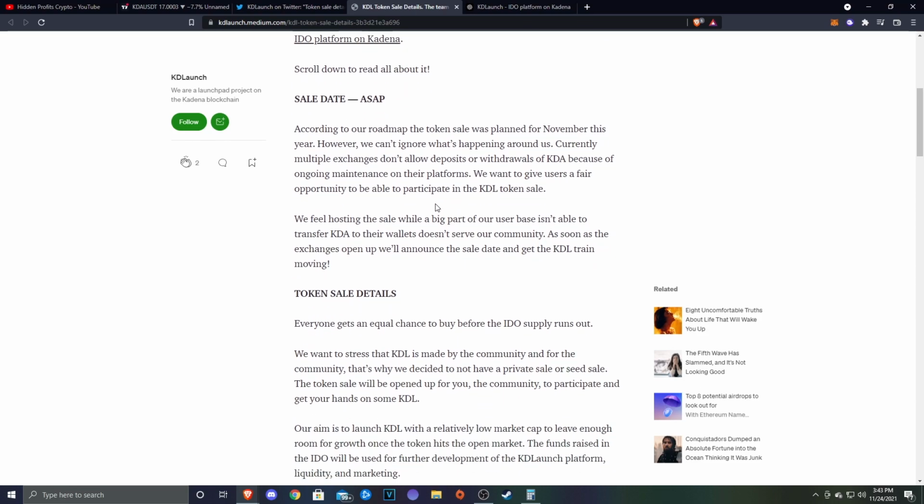So the sale date is going to be ASAP. According to our roadmap, the token sale was planned for November this year. However, we can't ignore what's happening around us. Currently, multiple exchanges don't allow deposits or withdrawal of KDA because of the ongoing maintenance on their platforms. We want to give users a fair opportunity to be able to participate in the KDL token sale. So I think that's great that they're going to kind of wait so that way people are actually able to